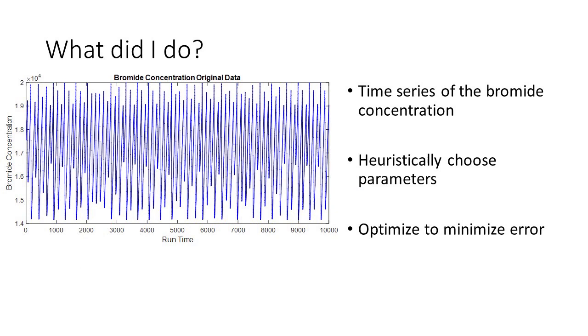My focus this summer was on one chemical reaction called the Belousov-Jabotinsky reaction. On the plot here on the left, this is just the first 10,000 data points of 65,000 data points, where we are looking at how much bromide is in this reaction over time. This time series was originally collected by a team at the University of Texas at Austin, and I feed that into my reservoir computer with some initial parameters I've chosen heuristically, and from there we minimize how much error there is by changing the parameters of the reservoir computer.